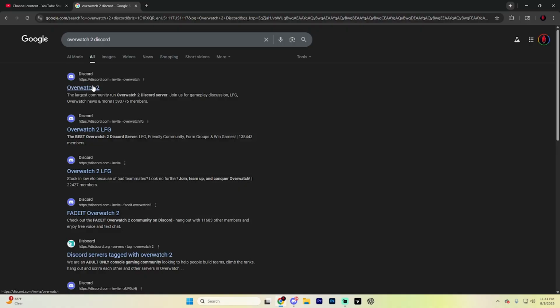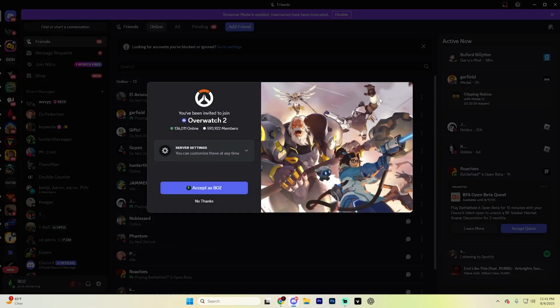Now, I will say this is community run, so keep that in mind, but it does have 593,000 members, so it's pretty much the real deal. Overwatch 2 doesn't necessarily have its own Discord server like Overwatch does. If you do want to join the official Overwatch Discord, just simply type in Overwatch. But from here, go ahead and click on the Overwatch 2 link and it'll open up this page right here